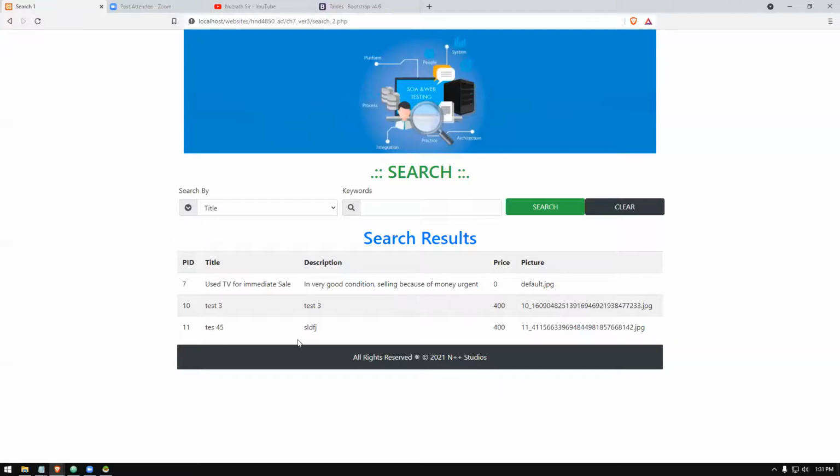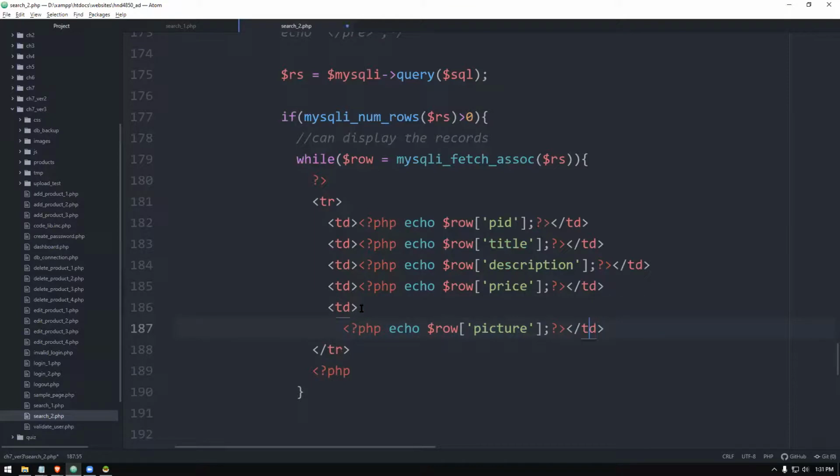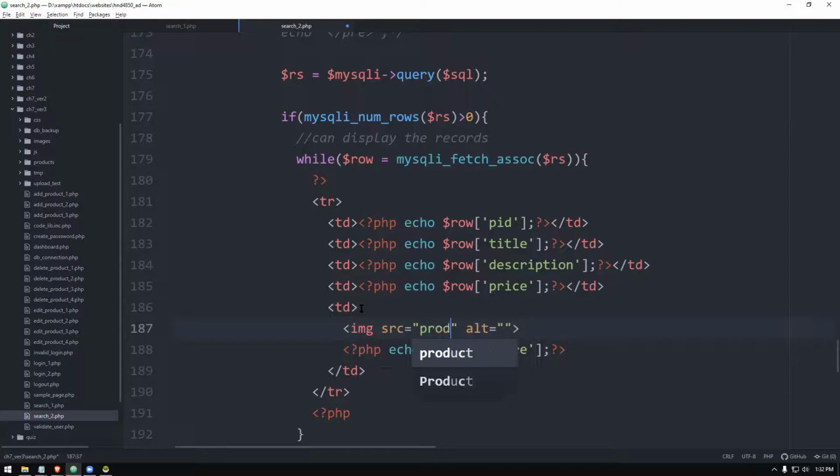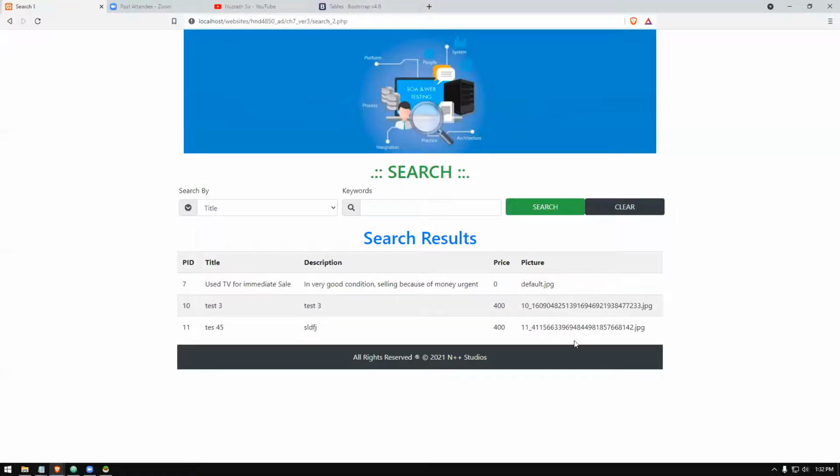As the first thing, we will do fine tuning. We will make the picture display here, right? So I'm going to go to this column. I need to do a tiny modification in that code. So let this piece all be here. No worries. I'm going to just create an IMG tag. In the IMG tag, sorry, products folder slash thumb folder, not the large one, thumb folder. Then I need to give this code here. That's all I need to do, right? So then the picture can be displayed there.